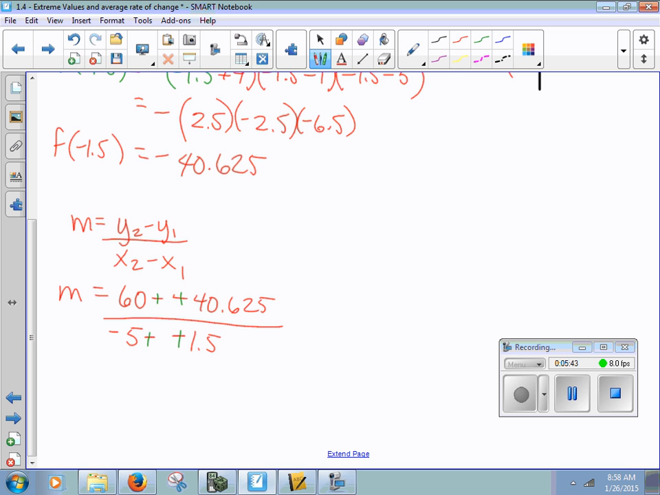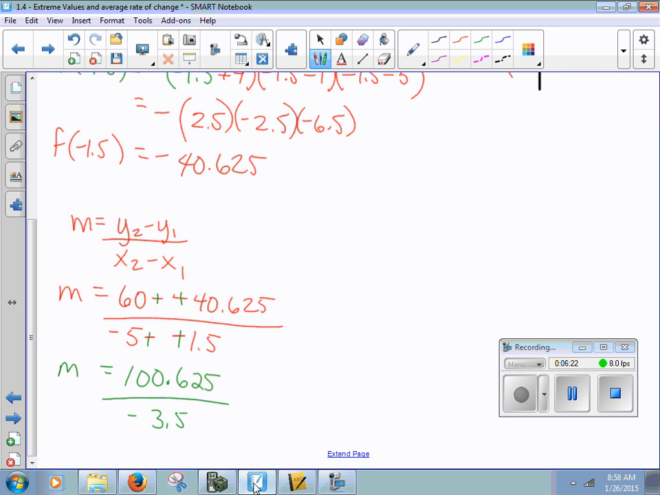60 plus 40.625. What is that? 100.625. Attaboy. 100.625, right? Over, what's it going to be, y'all? What's negative 5 plus 1.5? Think in terms of money. Negative 3.5. If you can ever change it into money, you need to. Think about it in terms of money. It's easy to calculate. Now, I'm not calculating that. Let's see what it is. Do you guys agree? You see where I'm getting these calculations from? Everybody cool? Yeah? So 100.625